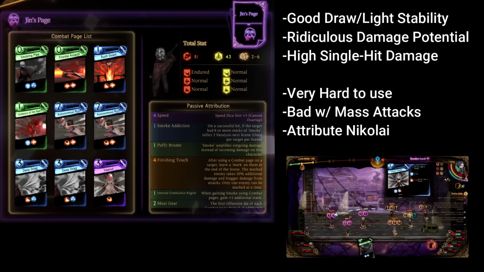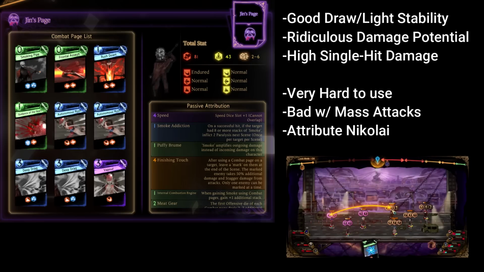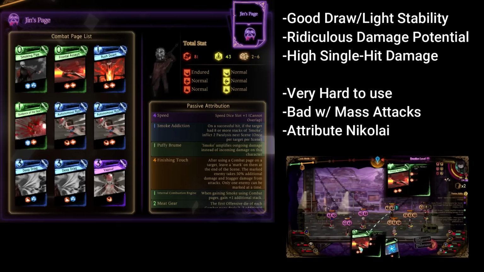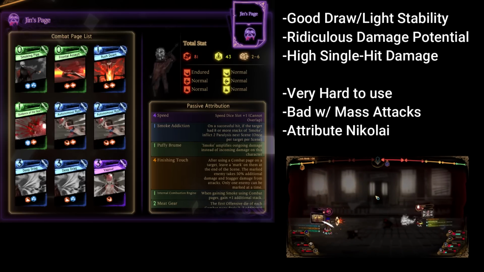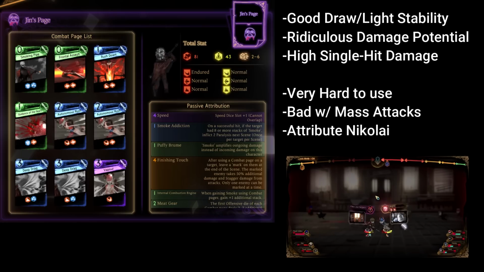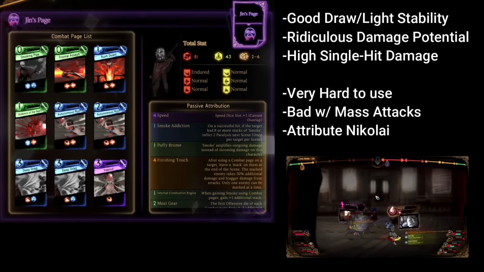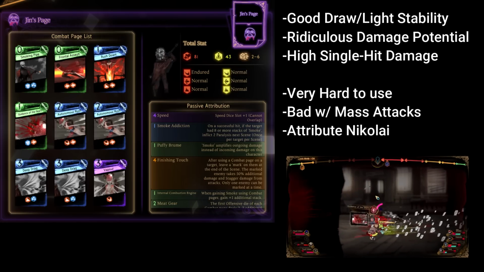Our last deck of the day uses Jin's Page as a base, and attributes the passives Sooty Thwack, Finishing Touch, yes I'm serious, Internal Combustion Engine, and Meat Gear. Bring 1 Smoking Pipe, 1 Frontal Assault, 1 Rush Down, 1 Guidance of the Gears, 2 Autonomous Rush, 2 Deep Drag, and 1 Vapor. This last build leans heavily on Smoke Infliction and team play rather than trying to deal